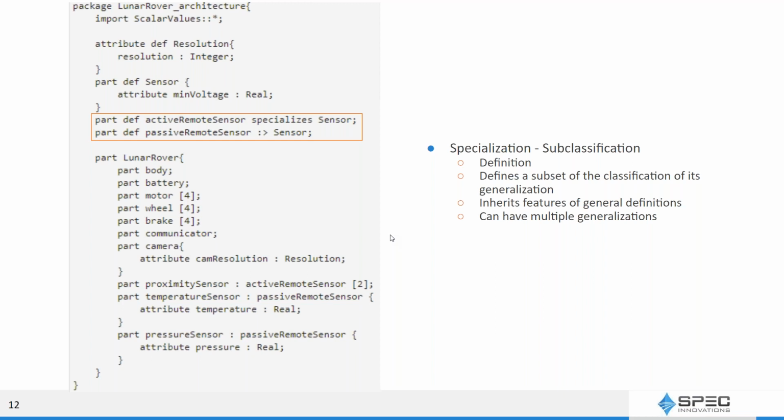So there are 2 notations that you can use: a shorthand, which is the colon greater than, or you can type out specializes. But the definition part def sensor also contains an attribute. So active remote sensor and passive remote sensor inherit that attribute.